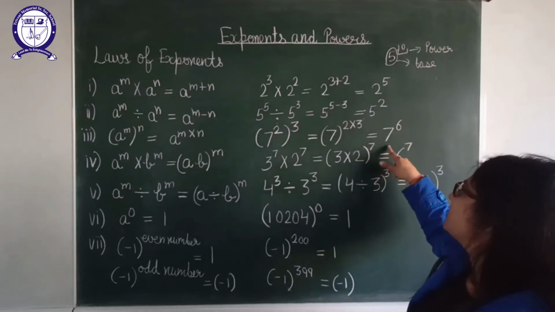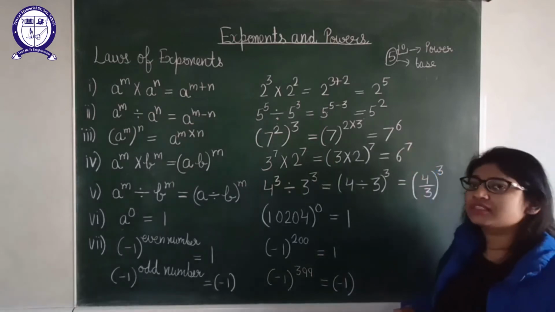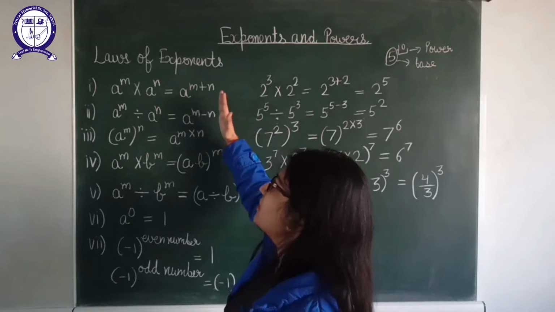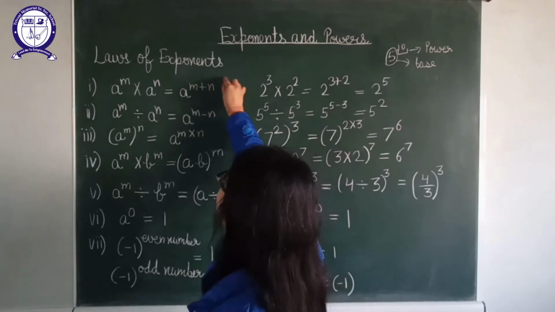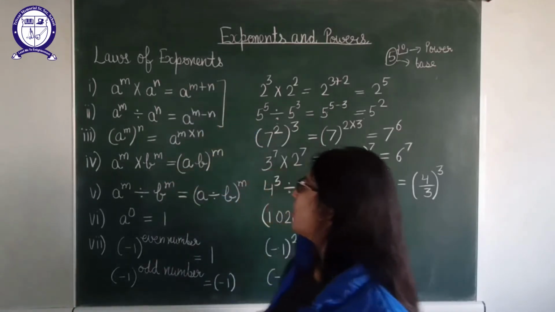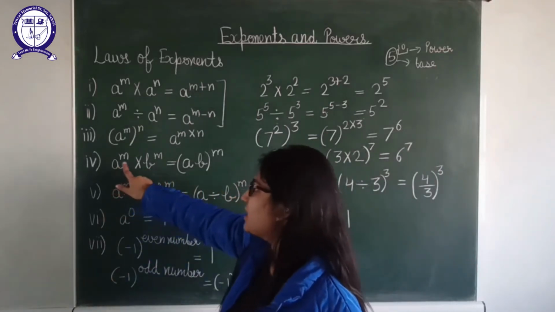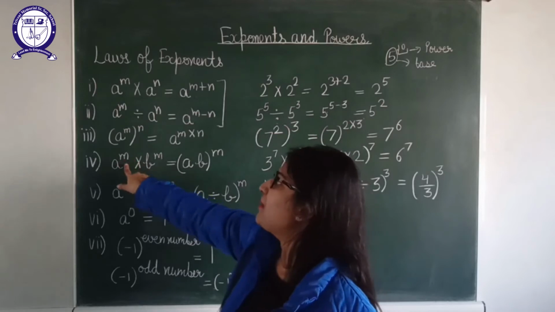So you will get the answer as 7 raised to the power 6. Okay. Now up to now we were talking about when the bases were same but powers are different, right? Now we will talk when bases are different. As you can check, here the base is a and here the base is b, but the powers are same,